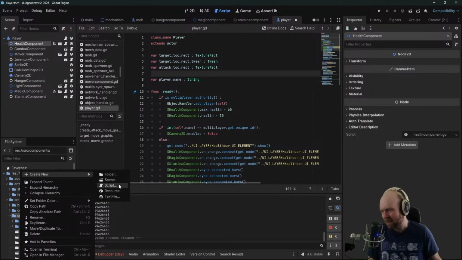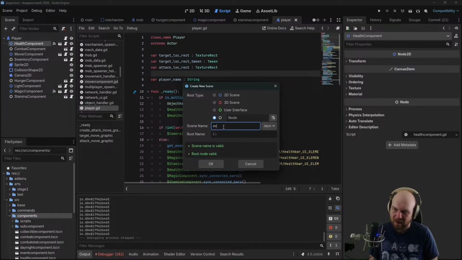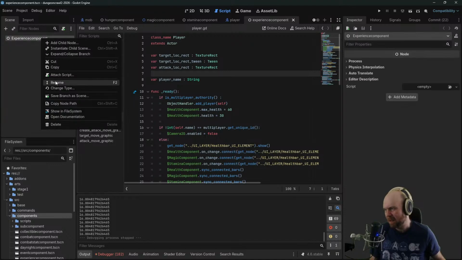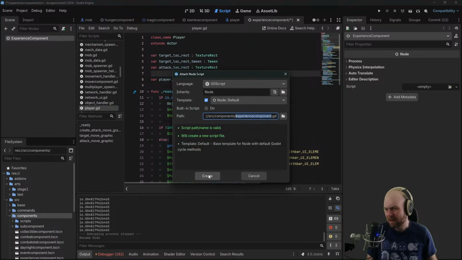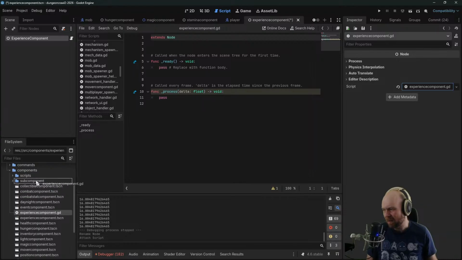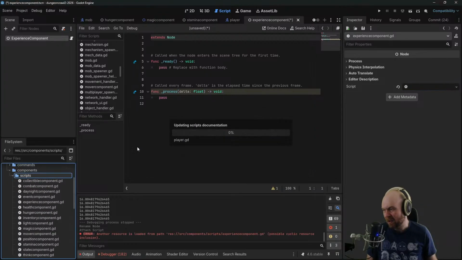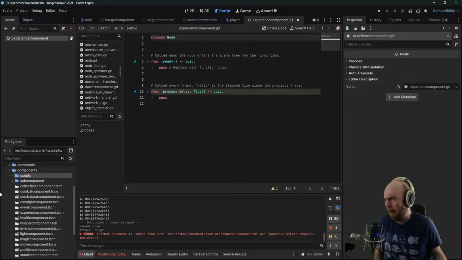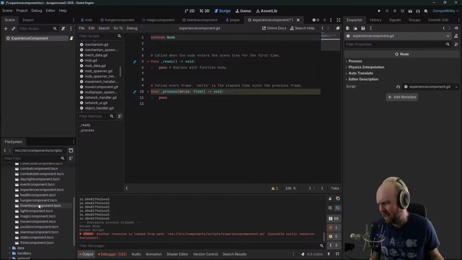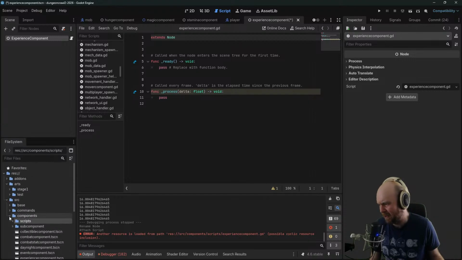Component, new component. Okay, I'm gonna rename this. And this is just gonna be a variable. This is gonna be a very simple experience component for now, but it'll get very complicated later. Okay. Experience component. Let's take our stamina component and let's just copy the logic and rip out a lot of the